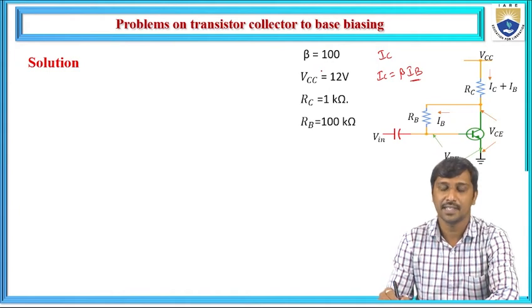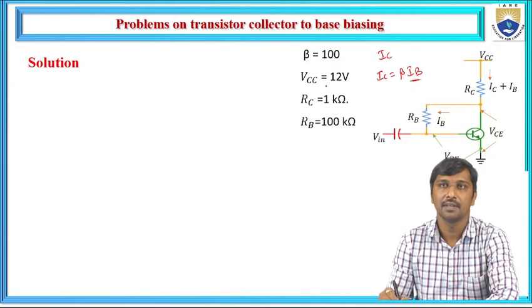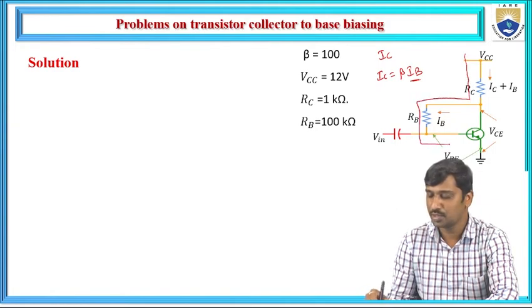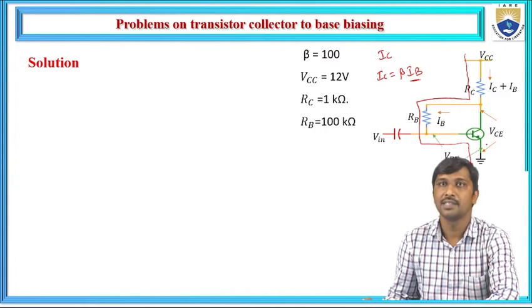The given specifications are beta is 100, VCC is 12 volts, the collector resistance is 1 kilo ohm, and the base resistance is 100 kilo ohms. Based on that, if you want to identify the base current, again we need to apply the KVL at the input side that starts from the VCC towards the base, towards lower potential through the emitter terminal. Hence, from that,